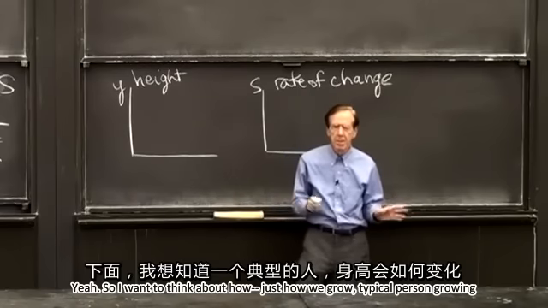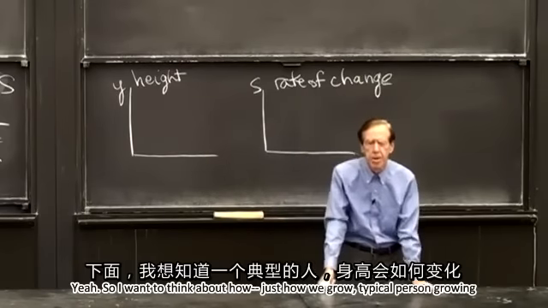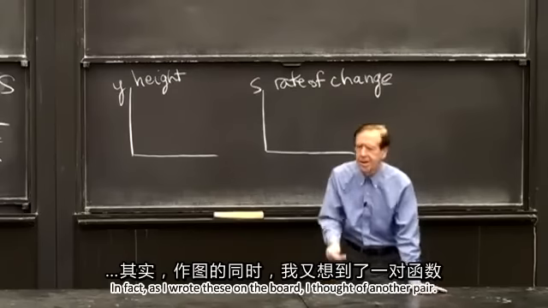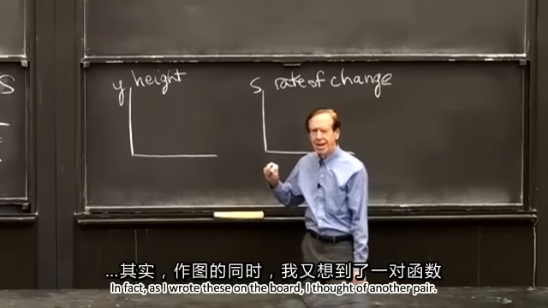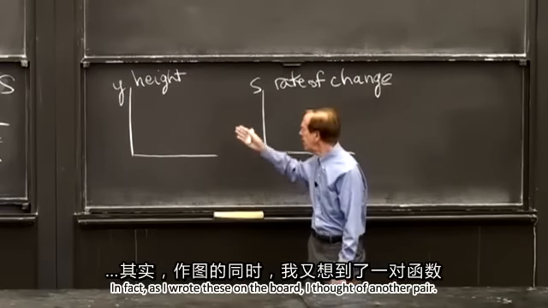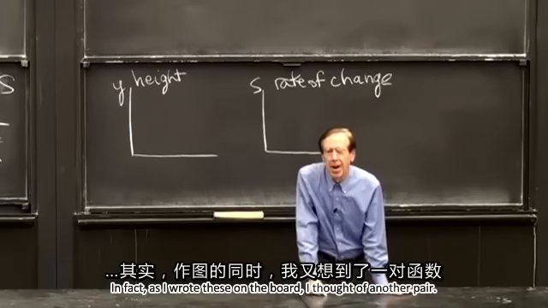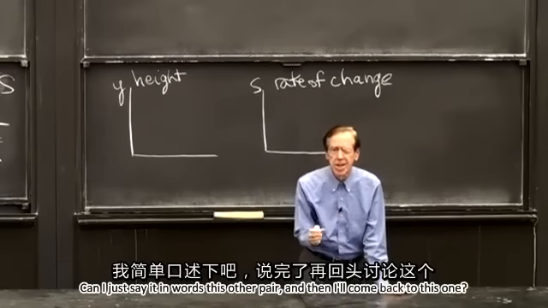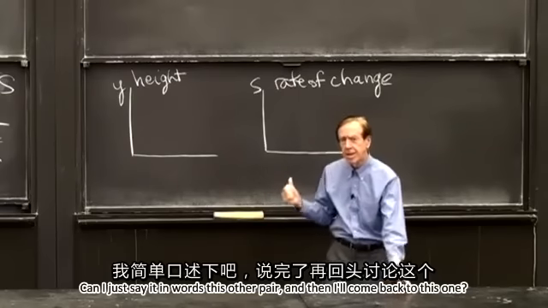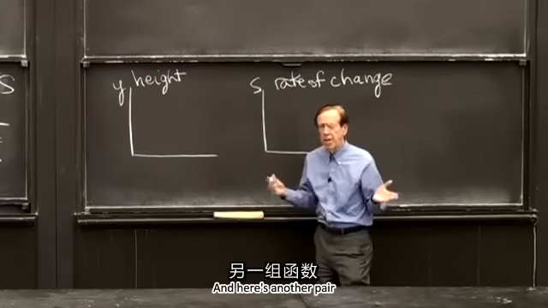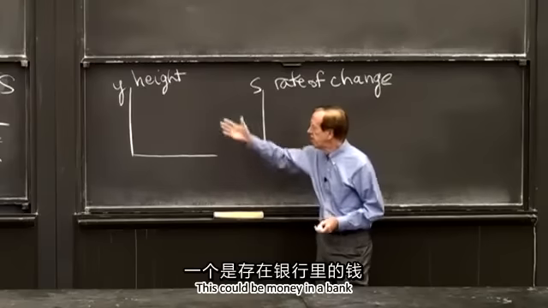Yeah, so I want to think about just how we grow, a typical person growing. In fact, as I wrote this on the board, I thought of another pair. Can I just say it in words, this other pair, and then I'll come back to this one? Here's another pair. This could be